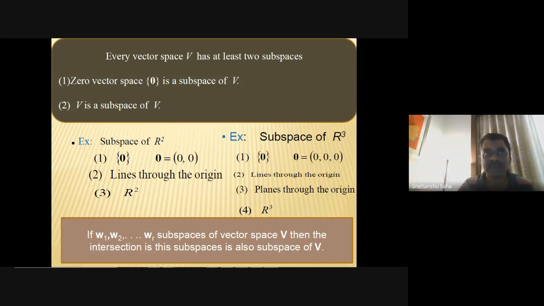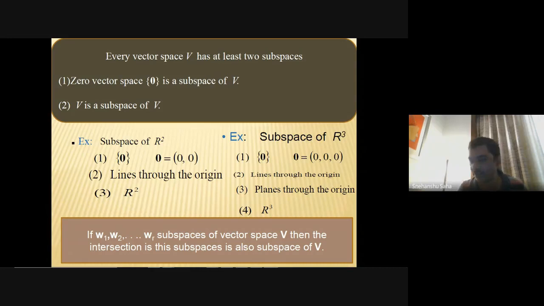Similarly, the zero vector space, the vector space containing the zero element only, is also a subspace of the vector space V. If you take the example of R3, three-dimensional real space, its subspaces are the zero vector, lines through the origin, planes through the origin, etc. The zero vector and R3 itself are improper subspaces of R3. Planes through the origin, like 2x plus 3y equals 7, that is a subspace of